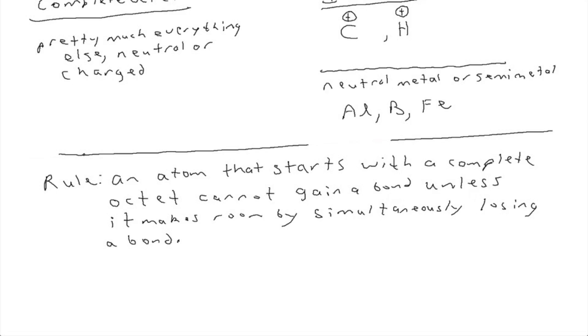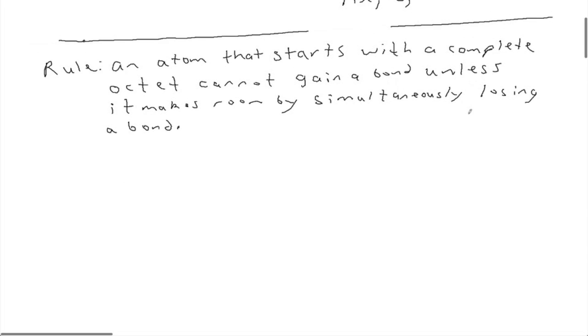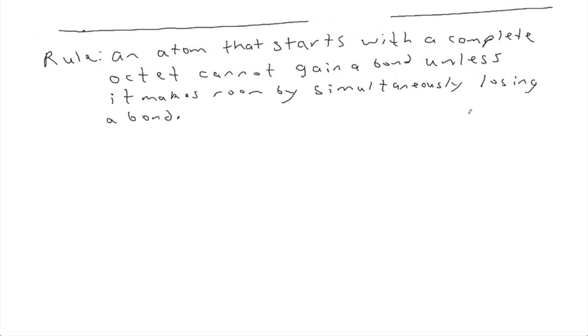Let me go back to my screen. It looks like there were some of these problems in the homework we were missing. So maybe as we're going through these, we should be kind of rethinking them. One thing I think I didn't make clear enough is that in the homework I said use the rules that we've talked about, but I didn't summarize enough what the rules are. So far we've talked about 2 rules. Here's one of the rules: don't break the octet rule. And the other rule is, if possible,